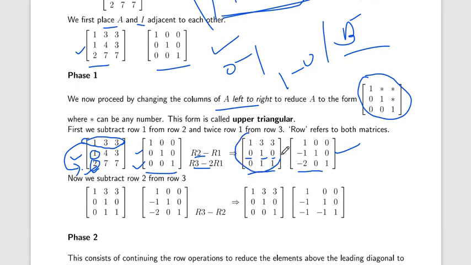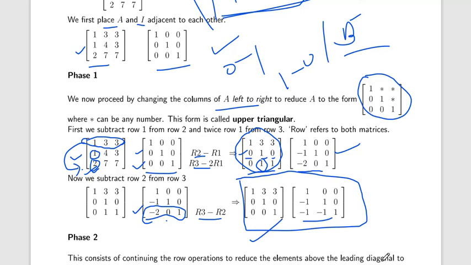So here you can see that in the upper triangular matrix we only want to transform this 1 into 0. So how do we do that? If we subtract the second row from the third row, R3 minus R2, we will get 0 1 1, here the same. We also apply this row operation to the second matrix, minus 1 minus 1 1. So okay, here we have obtained the upper triangular matrix.